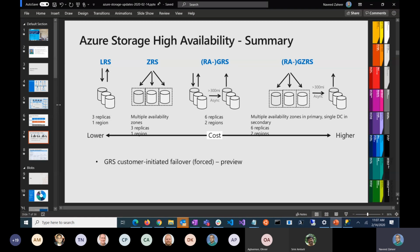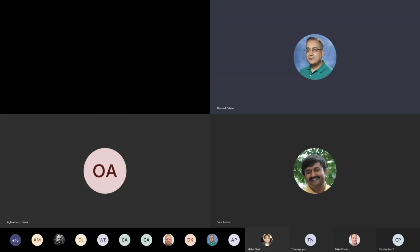Just as if you have attended a previous session about Azure Global Infrastructure, as we said, an Azure region is the high level scope. Then you have zones with separate power supply and separate network provider, and then you have data centers sitting in that zone. Even if you don't have zones,